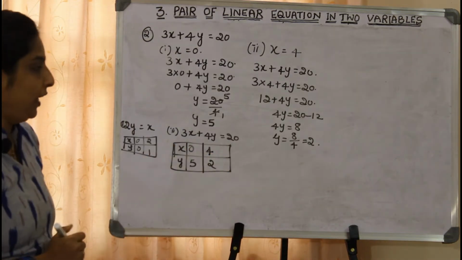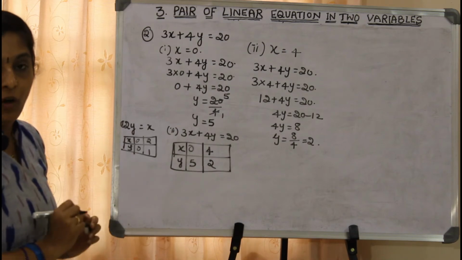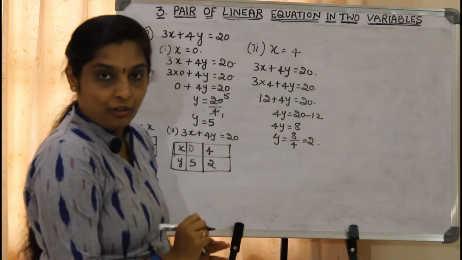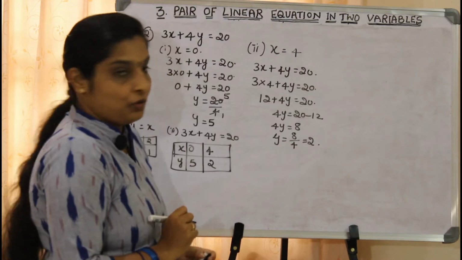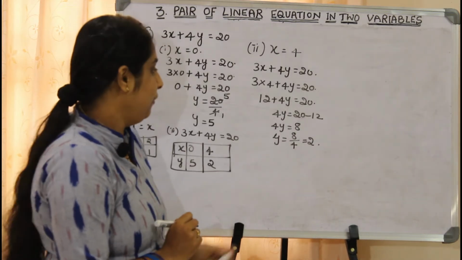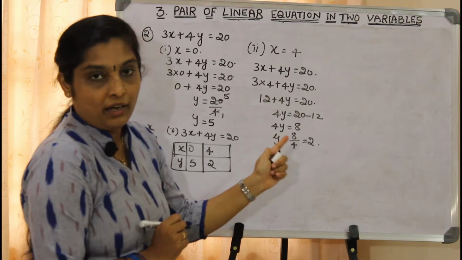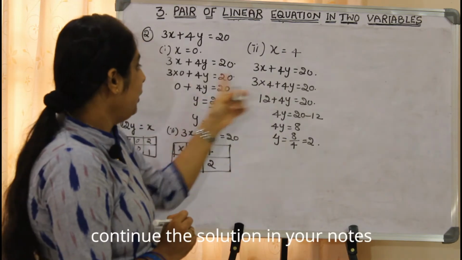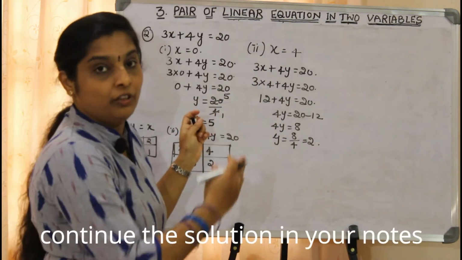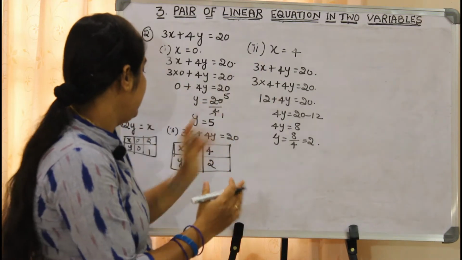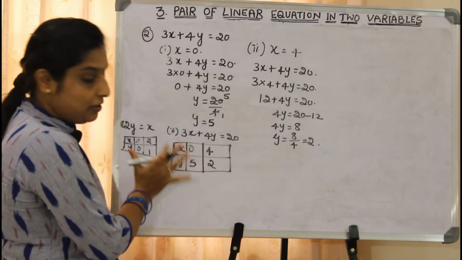So we have got two values. Now we have to plot them on the graph. I hope you all know how to draw the graph. Can I erase this part? If you want, you can do this part in the rough work column. Okay, so I just erase this part and keep only these two tables.